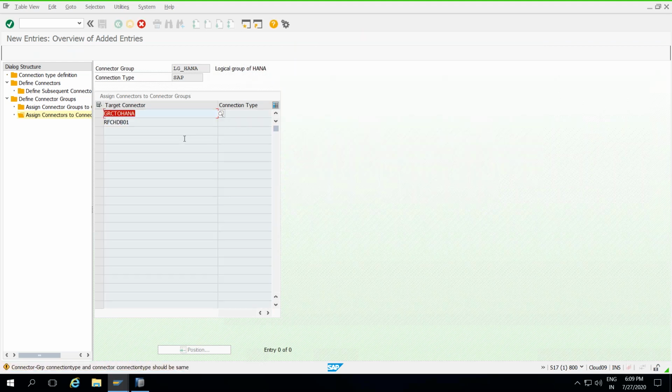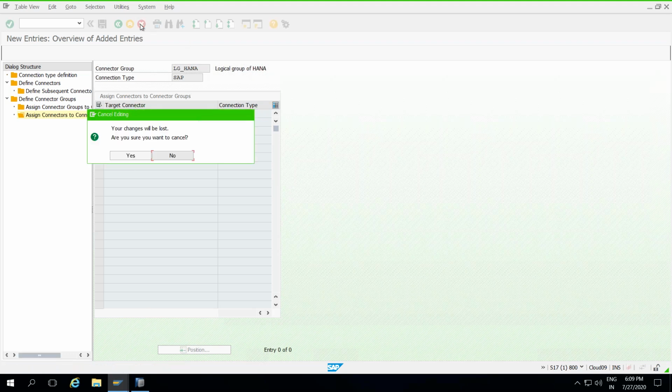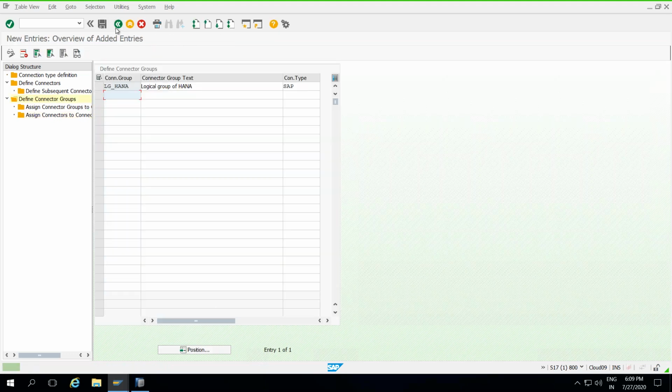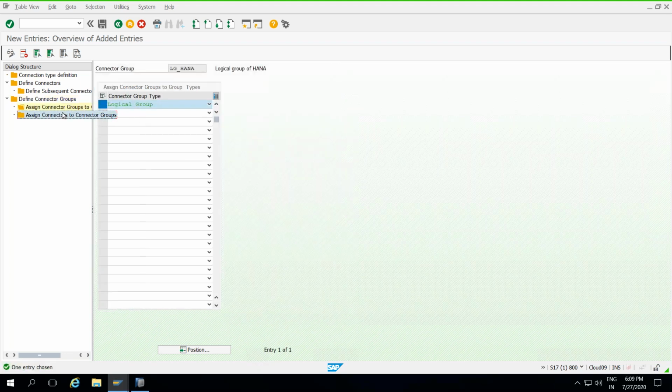There is no option. What happened? The connector group is the same. What's the mistake I'm making? Okay, I'm saying the connection type is SAP. Sorry. Okay, so assign the connectors.